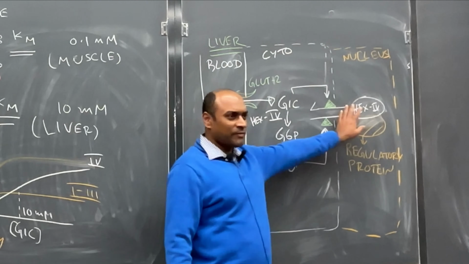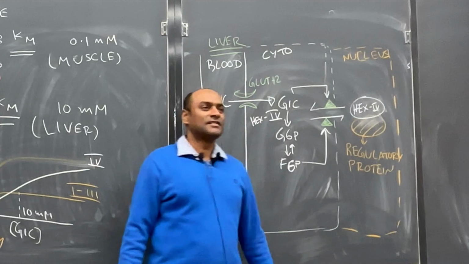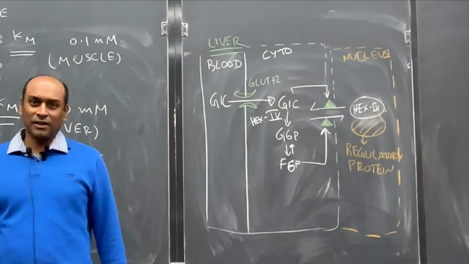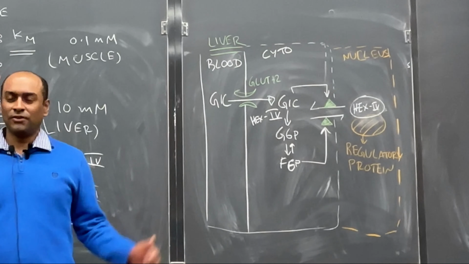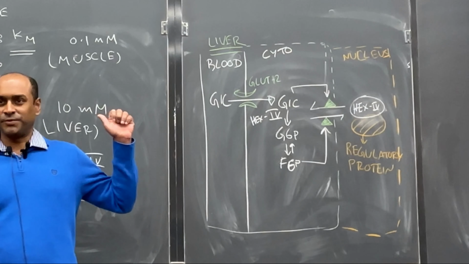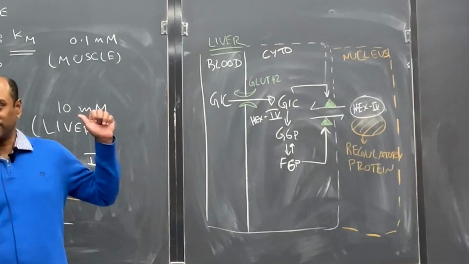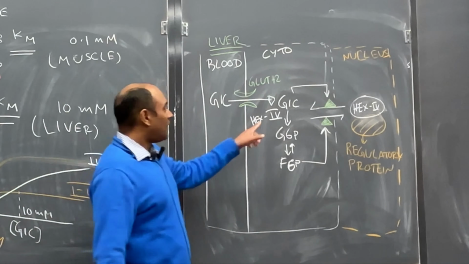And remember, glycolysis is happening in the cytosol. So if the enzyme itself is not present, then glucose will not go on to make G6P. So glucose will be transported into other tissues. Only when glucose is high, see that glucose, you see the arrow going this way? Only when glucose is high, then glucose will permeate through the nuclear pore and make hexokinase-IV dissociate from the regulatory protein, and it will come back into the cytosol,